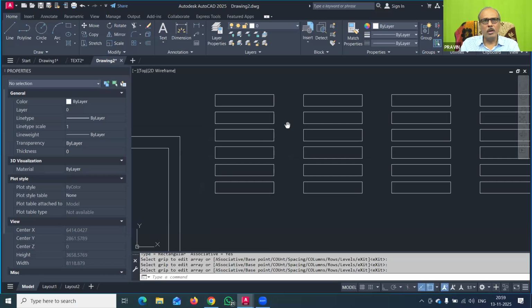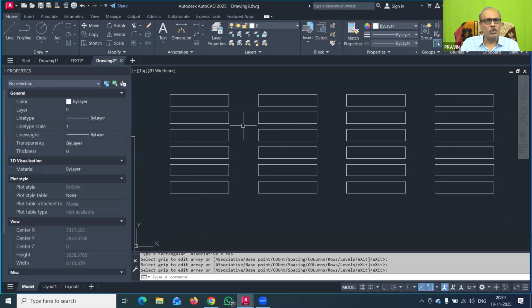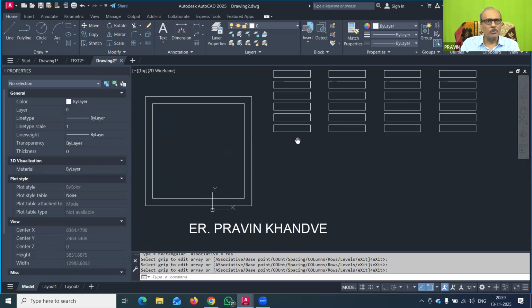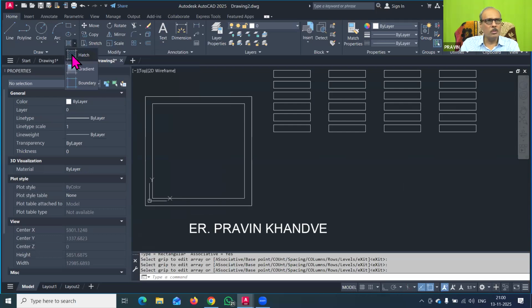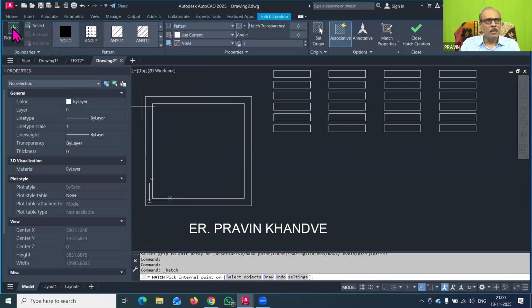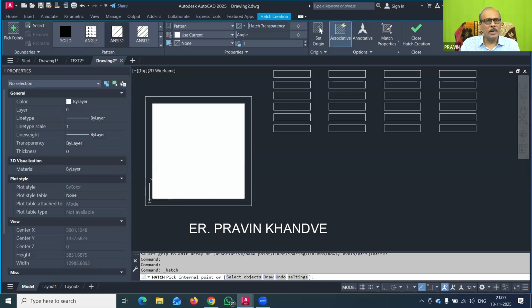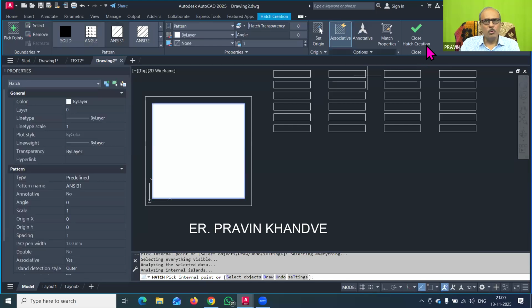Now here we have to understand how to make the hatch pattern into this. Suppose I have drawn one of the plots. In that plot also you can make the hatching. This is a simple command, but it is very powerful and versatile. So you have to go to the hatch command, and the hatch editor box. Here the hatch creation dialog box appears. The important thing is you have to select the pattern. Here the ANSI 131 pattern was there, which was for the hatch command. You can just use it, click inside the area, and then close this editor.